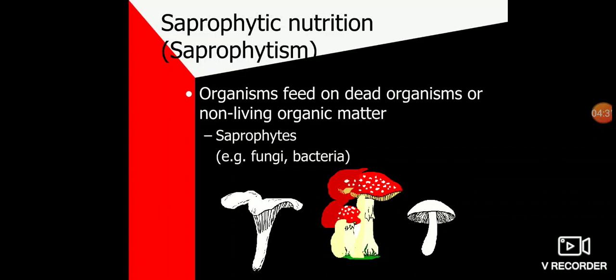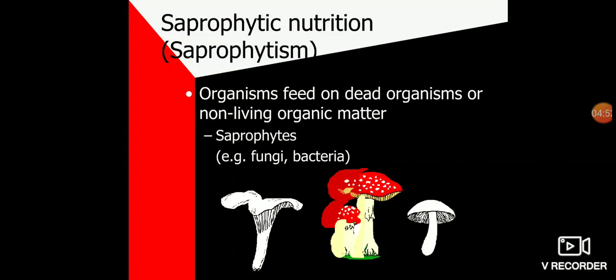So fungi are saprophytes. Some of the common fungi are mushroom, bread mold and yeast. As they have no chlorophyll, they cannot make their own food with the process of photosynthesis. So they get their nutrients by absorbing them from dead and